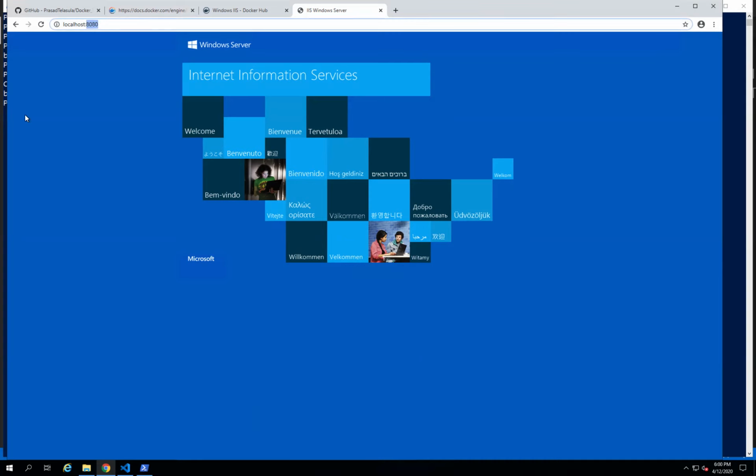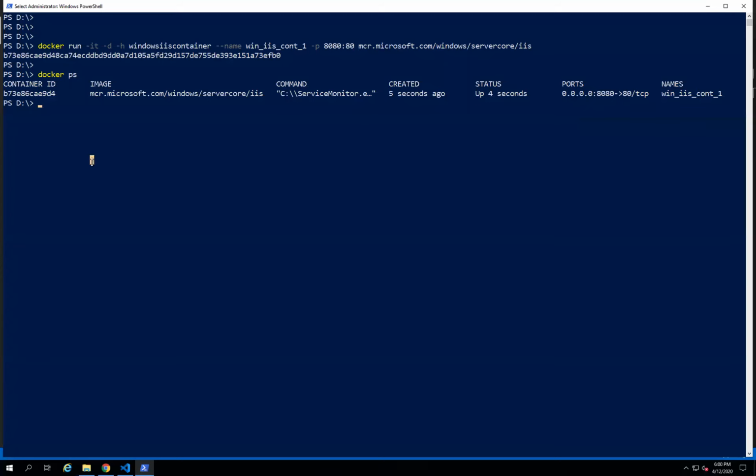And let's go back. There is one more command to check the mapped ports: docker port, and then the container ID or name, win_IIS_container_one. Sorry, not ps, docker port.